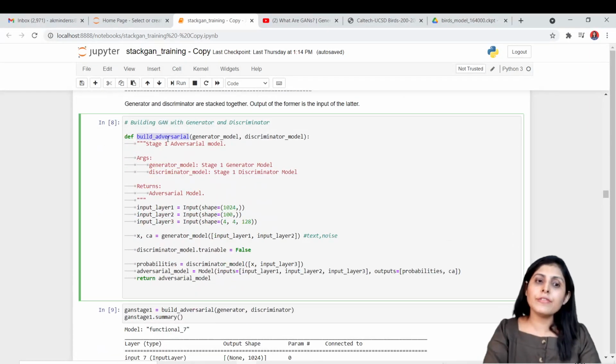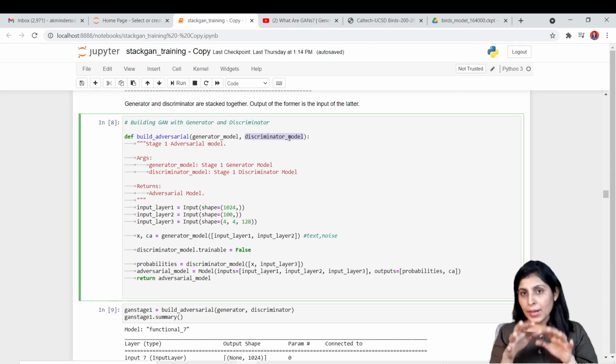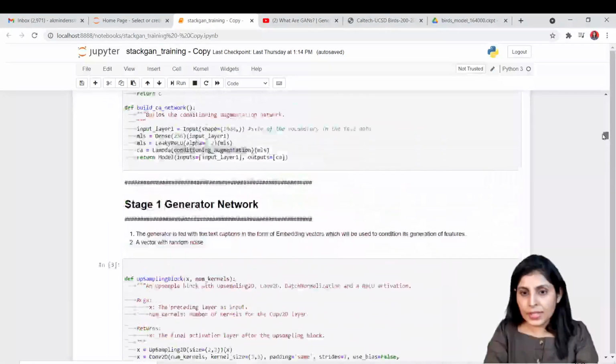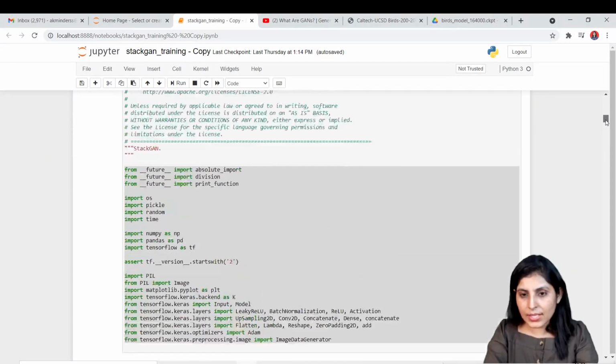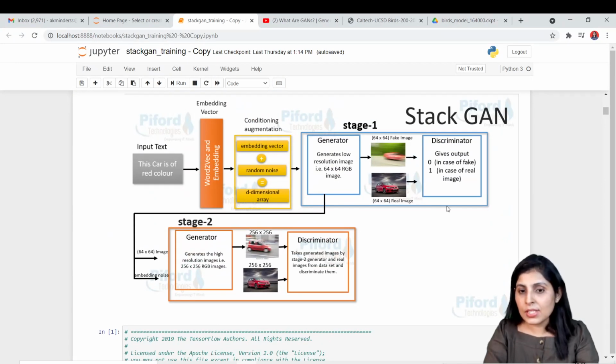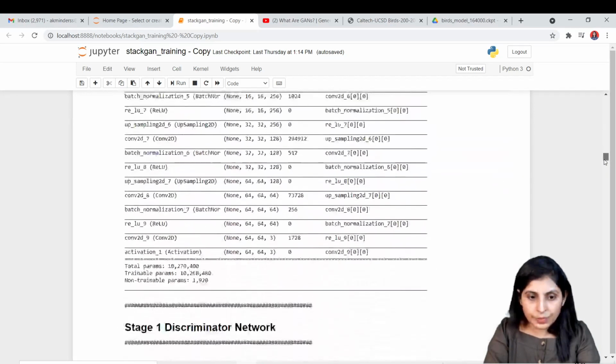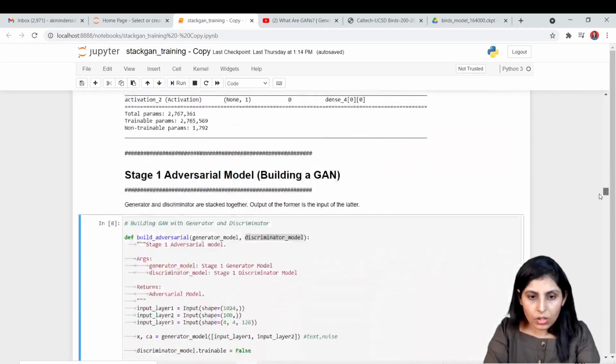we have another function with the name of build adversarial, and the input to this network is generator model and discriminator model. Means to build your stage 1 network, okay, give me a second please. To build this stage 1 network. Right now we have only studied the code for generator and code for discriminator. Now we want to make them in a working condition, right? We want to build a model. So stage 1 model. So now the code which I'm showing you, this one.